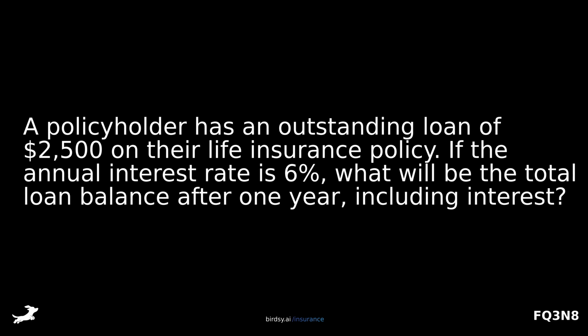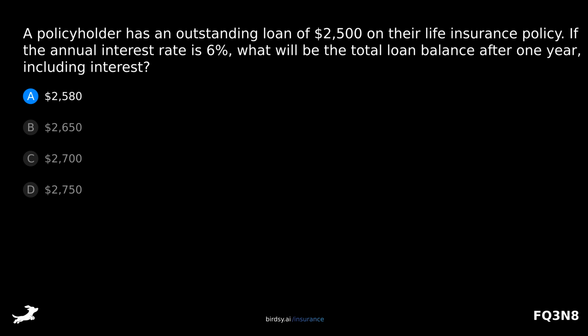A policyholder has an outstanding loan of $2,500 on their life insurance policy. If the annual interest rate is 6%, what will be the total loan balance after 1 year, including interest? Is it A, $2,580, B, $2,650, C, $2,700, or D, $2,750? The answer is B,